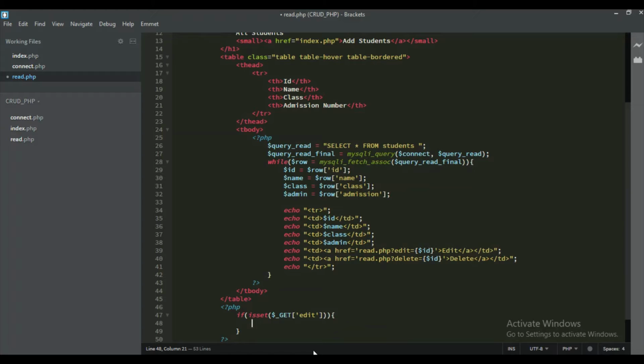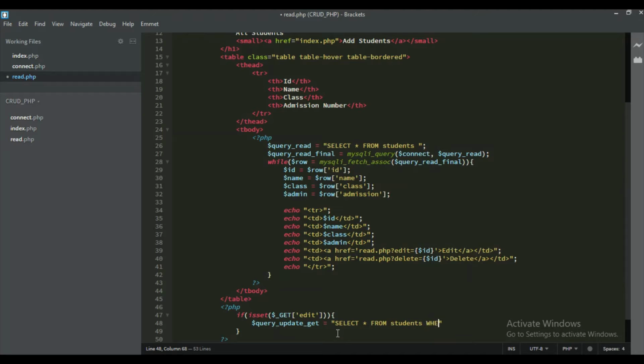So first of all, we are required to get the data from our database. You must remember how to write this query. This is for updating our data, dollar query underscore update. But this is not the part where we update it. This is the part where we get all the data from the database. So I'll say dollar update underscore query update get, and in here I will put in select all from, or I'll just copy the same statement, but I'll add